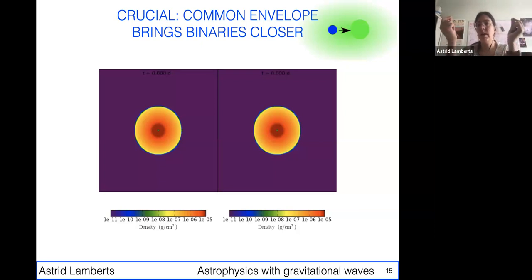And this friction will bring the compact object much closer to the other star. And there will be an exchange of energy between the orbital energy of the system and the envelope. And this means that eventually the stars may get close enough and expel the envelope.